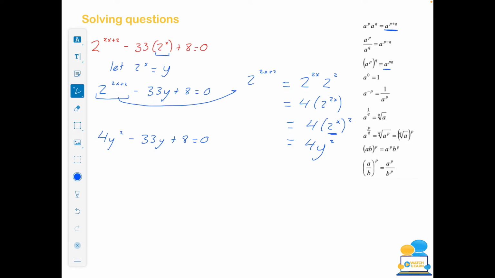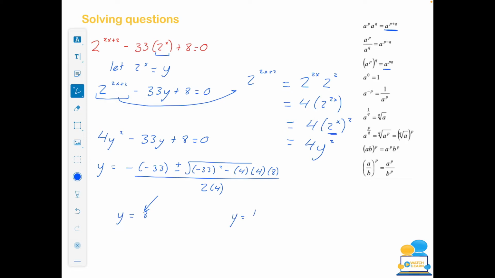Now you'll notice what we're left with is a quadratic. So very quickly I'm going to do out the minus b formula for it. I'm going to say that y is equal to minus b, which is minus 33, plus or minus the square root of b squared, which is minus 33 squared, minus 4 by a by c, which is 8, all over 2 by 4. If you're stuck on the minus b formula, go back and revise it. You could also potentially do this by factorising, but it might be a bit tricky to see. I'm going to pop that straight into my calculator. So you get y is equal to 8 or y is equal to